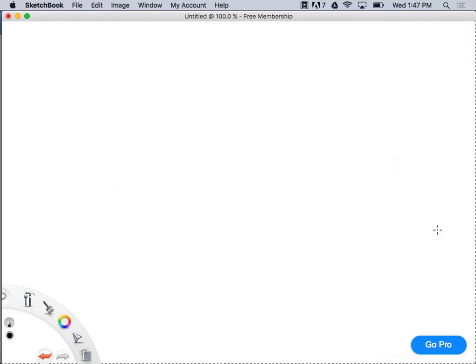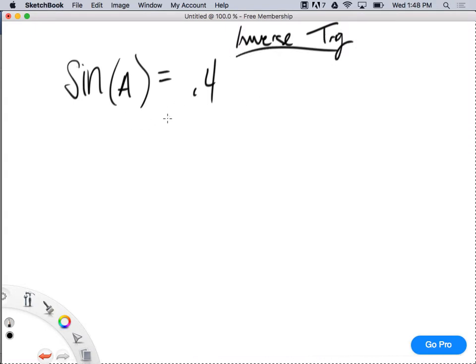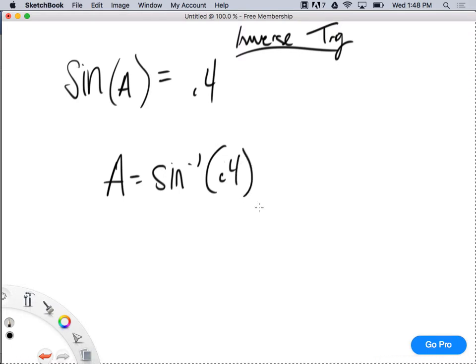Now, the next thing, guys, is this. If I give you that the sine of A is equal to 0.4, now we're on inverse trigonometry. Inverse trig. If sine of A is 0.4, then A equals the inverse sine. How do you do this? You plug this into your calculator. You do second, inverse sine, 0.4 and you get